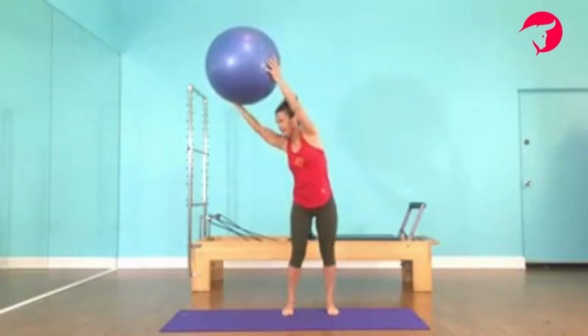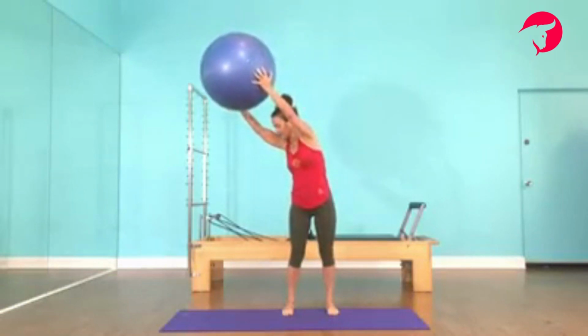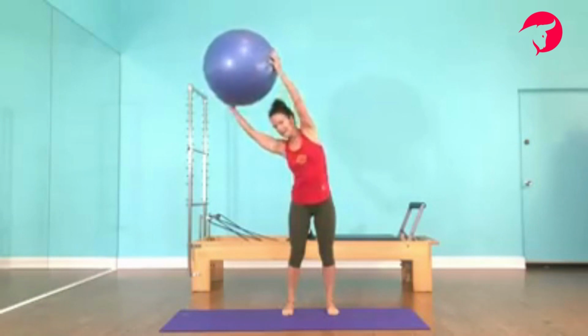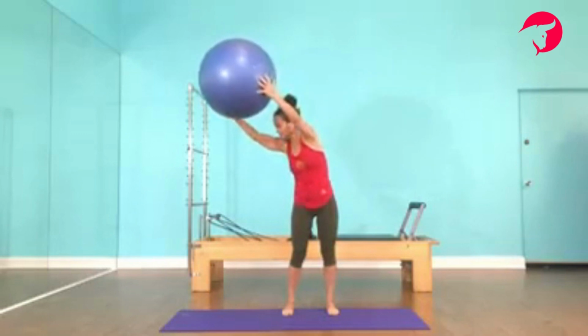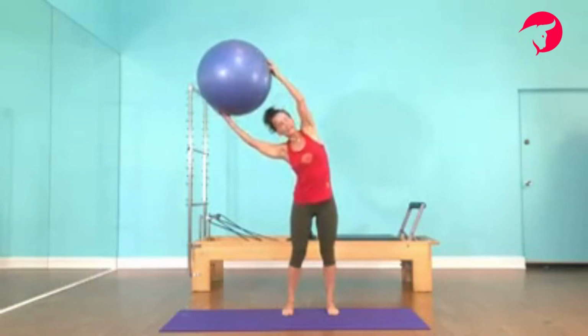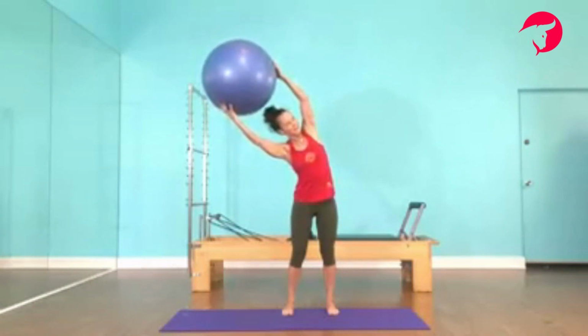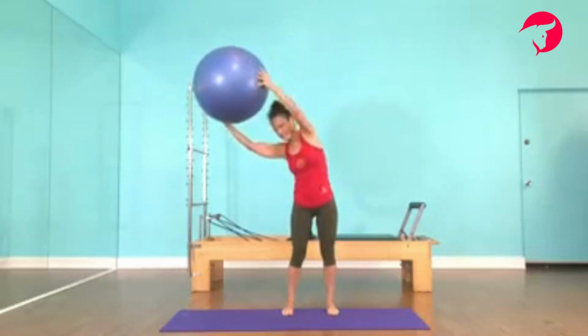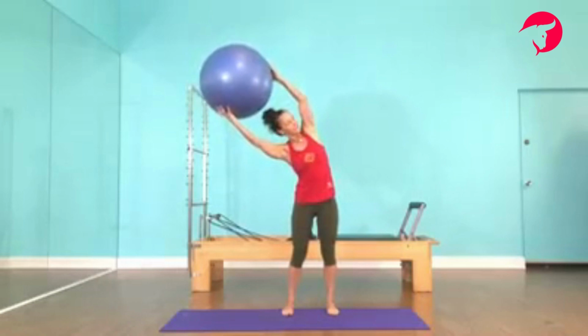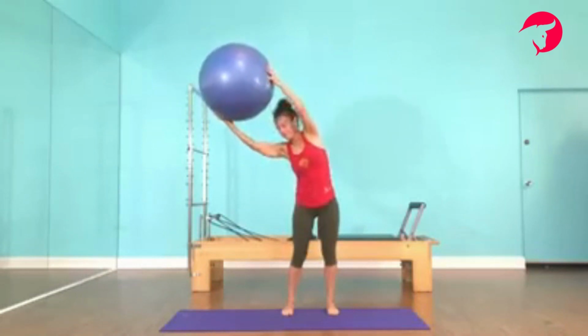And on the exhale, you're gonna twist. Try not to lock out the legs here. And then pull the shoulder, that left shoulder back in line with the right. And then again, on the exhale, twist. And then the inhale, pull back. So it should be a lot of work on the side body, hopefully not on the head and the shoulders and the neck. Inhale, exhale,